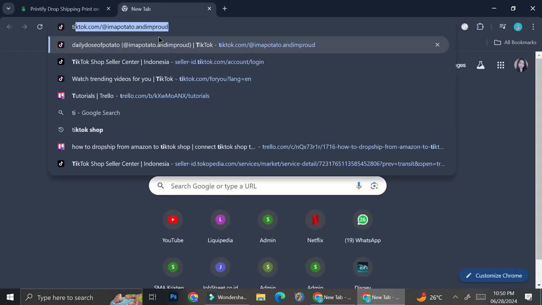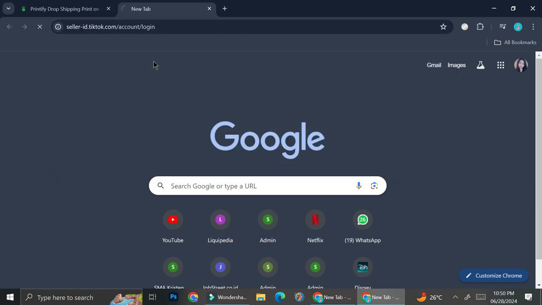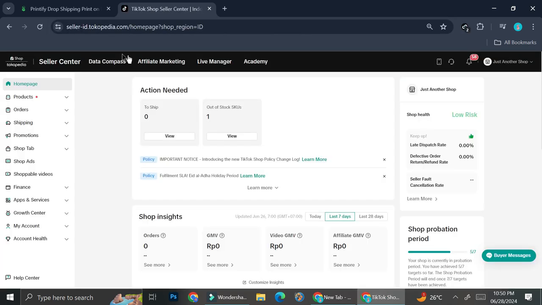If you open TikTok business or TikTok seller center, you'll be able to see the shipping options. So here is how the dashboard of TikTok shop looks like. It might look a little bit different in your country because I believe that each country has different regulations and different rules when it comes to TikTok shop. This is the one that I got from my country, but the navigation menu on the left side of the screen is all